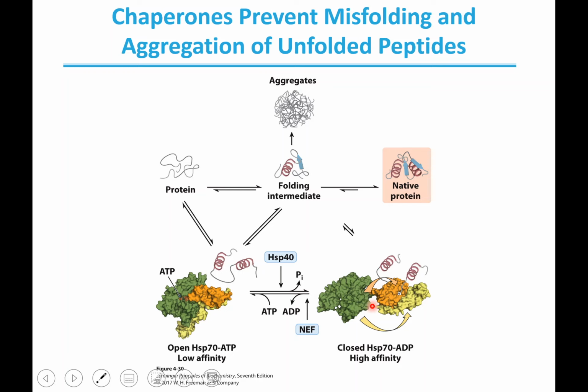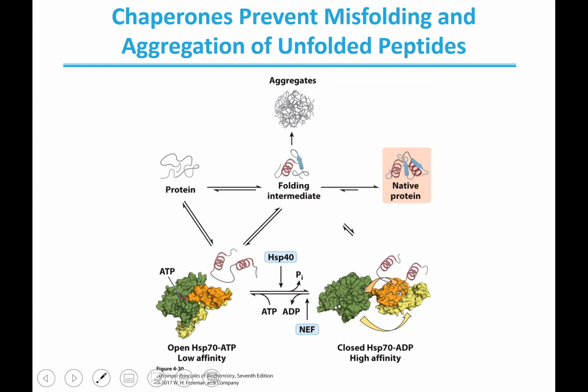That folding protein, when it's trapped, can be directed to the proper fold, and then a protein called NEF basically takes that ADP off and puts another ATP on and opens it up,